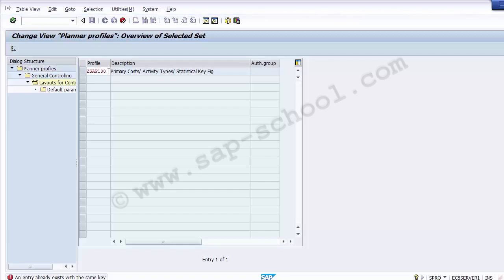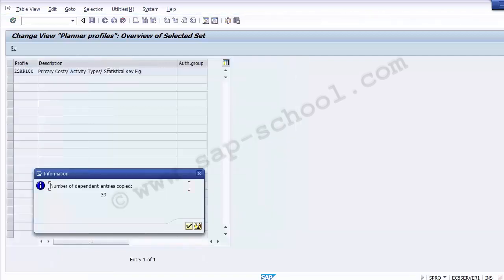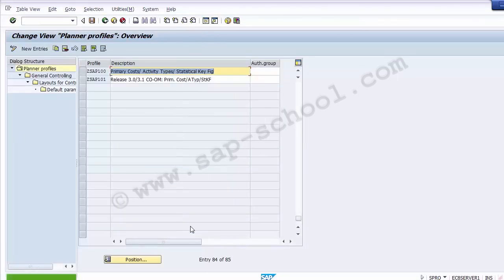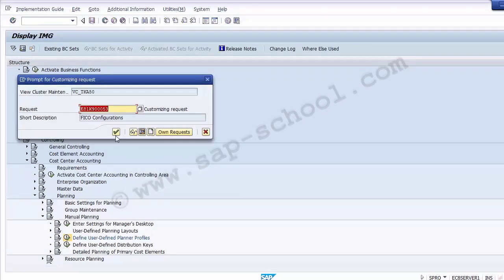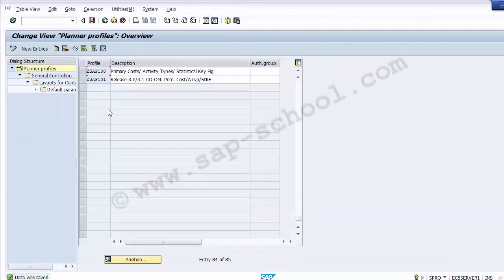You can see the data has been copied from the layout, and now the message is generated: number of dependent entries copied is 39. So once this has been copied, we need to save this profile first of all. Once the profile has been saved, the next step is to select the same profile over here,